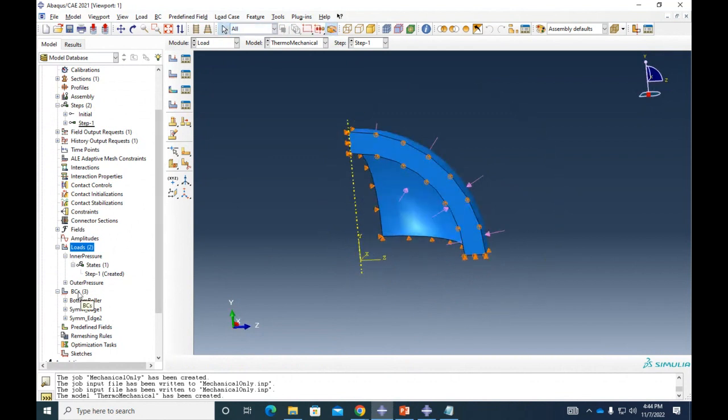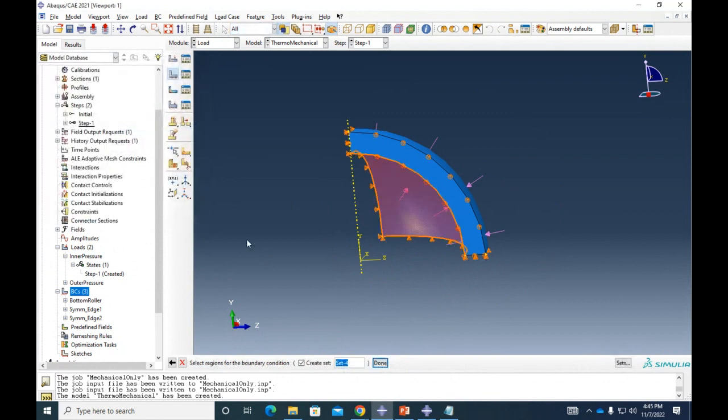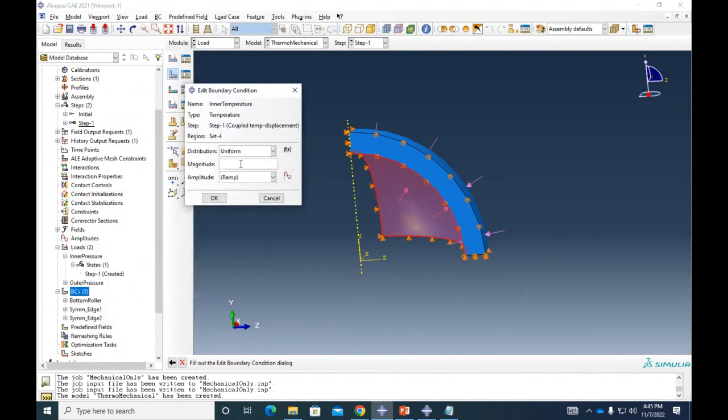So what I'm gonna go ahead and do is, here in boundary conditions, we always use mechanical. So what I'm gonna do here is go to other, and in other, I have this temperature boundary condition available. So this one, I'm gonna call it inner temperature. And it's gonna be for this surface. And internally, let's say that the fluid that is under a really high pressure is also under a really high temperature as well. So 150 centigrade.